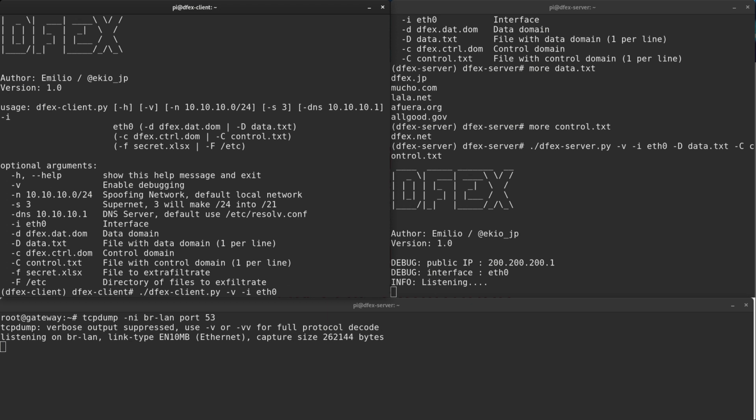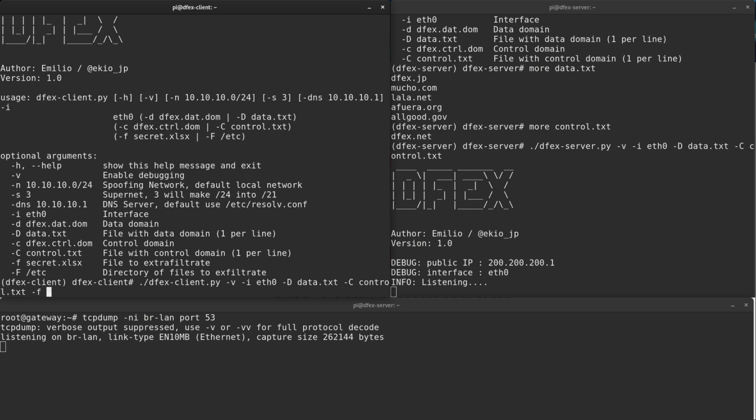If you don't specify, it will take the default from the actual interface. You need to specify the data and the control, which is exactly the same list as the other one. The server and the client should have the same list of domains and control. And also you need to specify the file you want to exfiltrate, right? You can put a directory as well with a bunch of files. So let's run this.